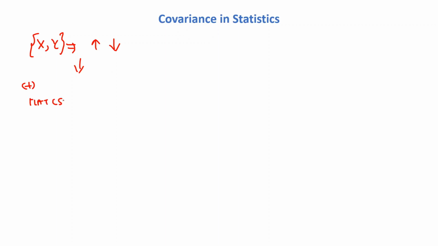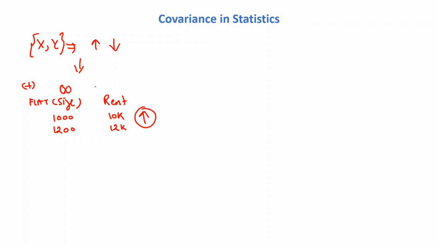We have flat size and rent, and we want to know what type of relationship we have. When the flat size is less, what rent will we get? If the size is less, say 1000, then the rent will be approximately 10,000. If the flat size increases, the rent will also increase. So this is a positive relationship between two variables.